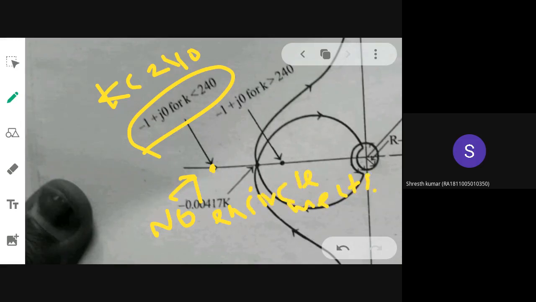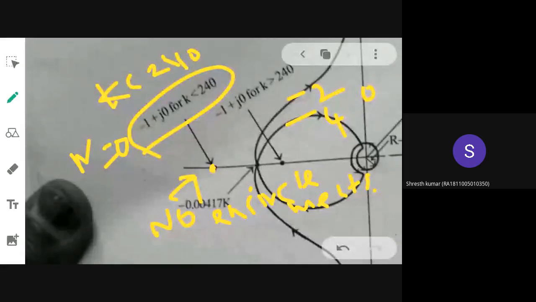n is equal to 0. Then the next thing that you need to check is how many poles are located in your right half. That you will get from the characteristic equation. I think the poles are located at -2, -4, and 0. So no poles are located in your right half. Remember, right half, not left half.